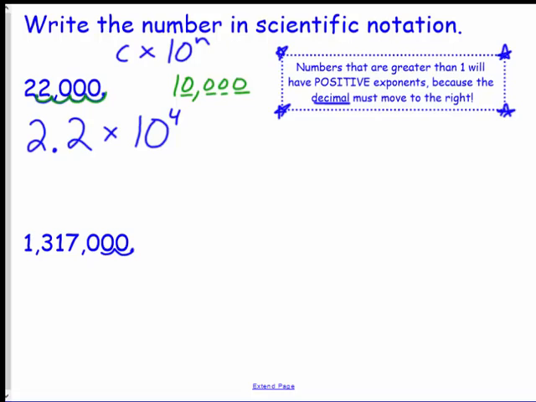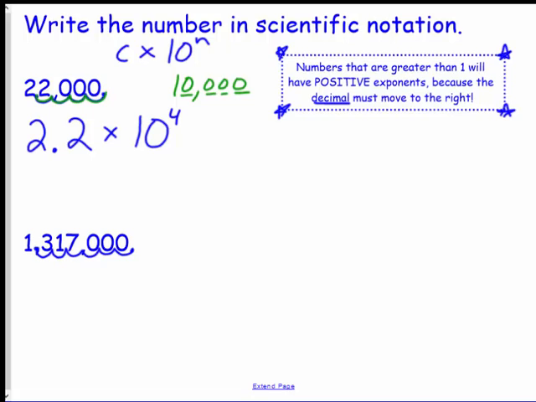If I move it here, I think we can all see I'm still quite a bit bigger. Even here, I'm at 1,317, so that's not going to work. I move it again. Now I'm at 131. I move it again, and I'm right here at 13. Not quite where I need to be. This would be 13.7. And so I move it once more, and now I found a number somewhere in between